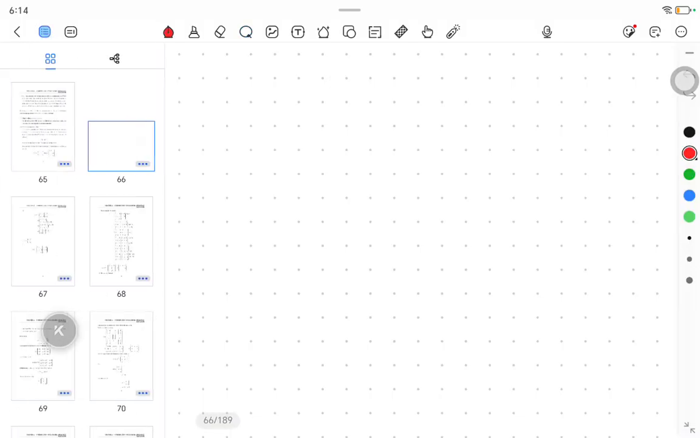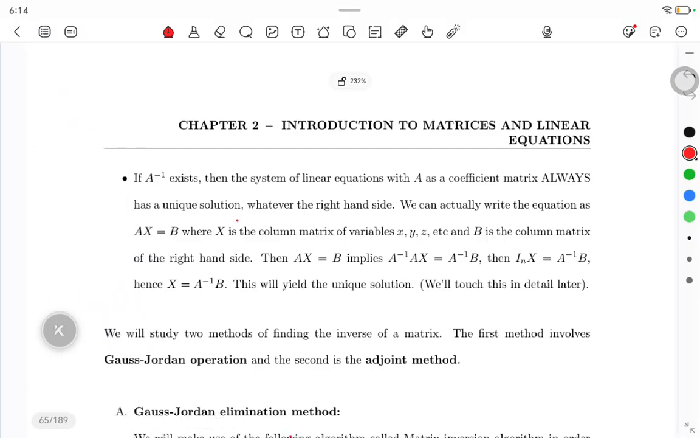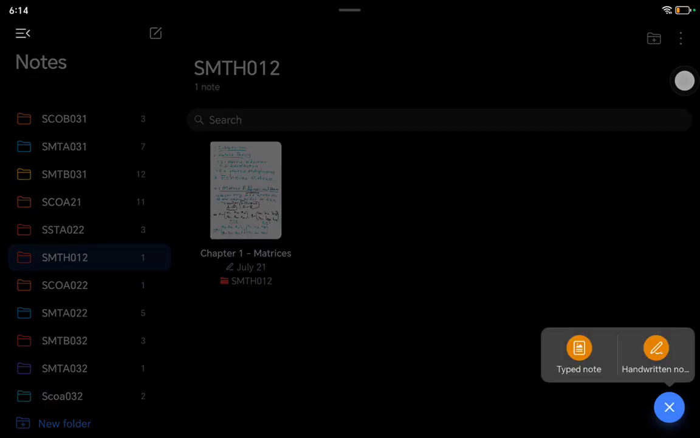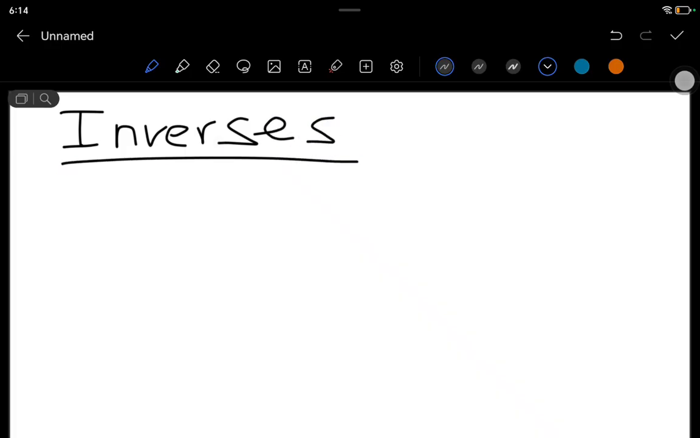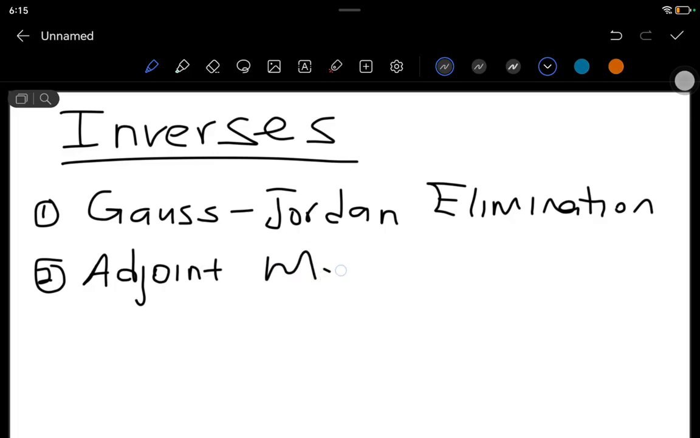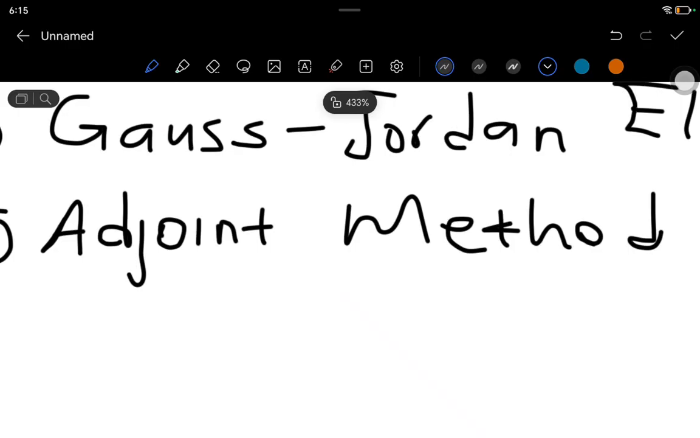Here we'll be looking at inverses. The methods that we're going to be looking at are, first, the Gauss-Jordan elimination, and second, the adjoint method. When we talk about the Gauss-Jordan elimination, this is the method where